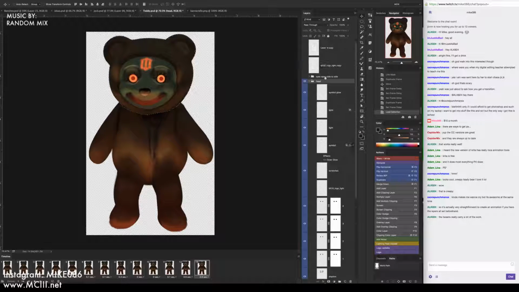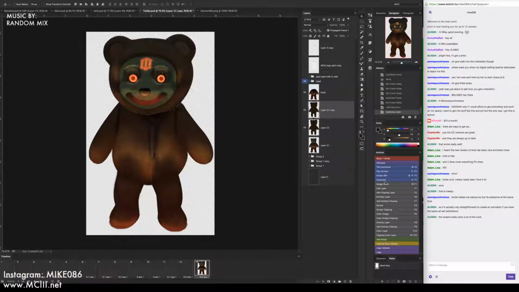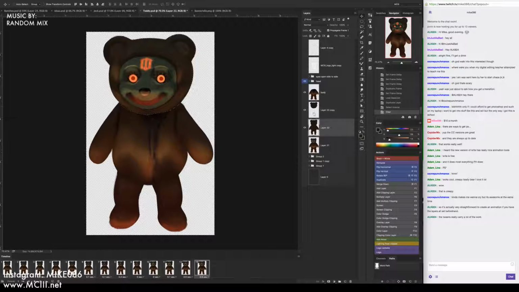It's going to select the head. Close this folder, go to this layer 22. I'm going to duplicate the layer, and then I'm going to inverse my selection by pressing Shift Command I and just pressing delete. Click on the layer below, Shift Command I, pressing delete,